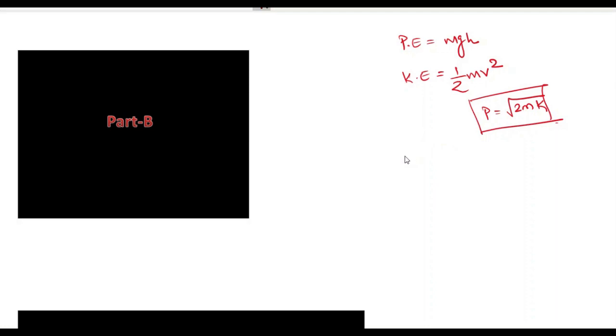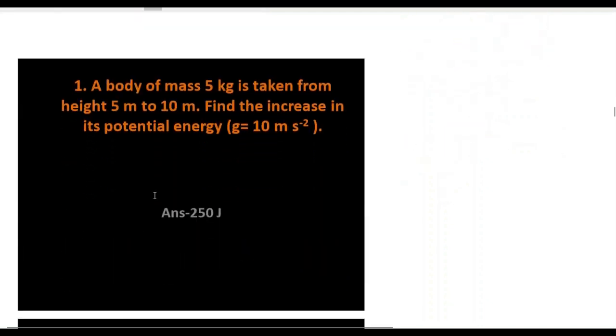Also we studied work energy theorem. So work energy theorem says that the work done in changing the speed of a body is equal to half mv square minus half mu square. That is final kinetic energy minus initial kinetic energy. That is the work done by a force which is applied on a moving body in changing the kinetic energy of a body. That is work energy theorem. So these all things we studied in this particular part B, and let's check some numericals based on the same